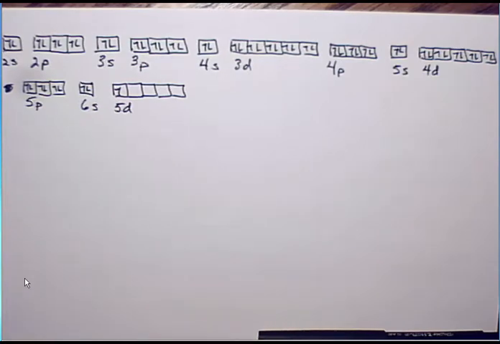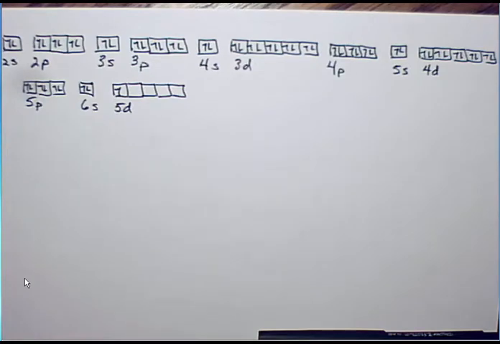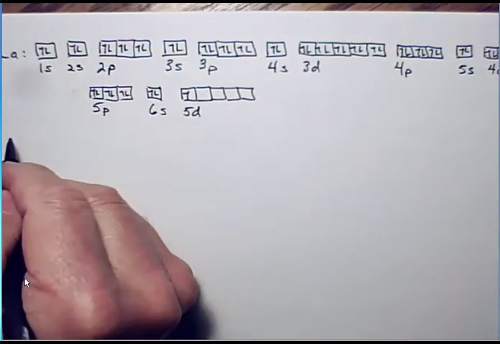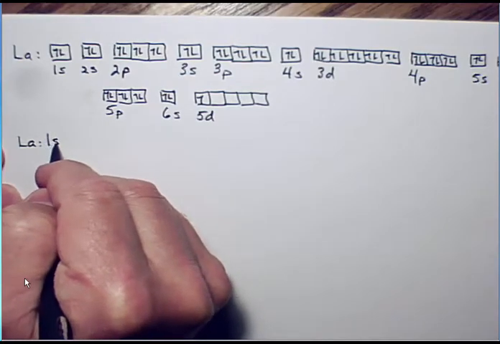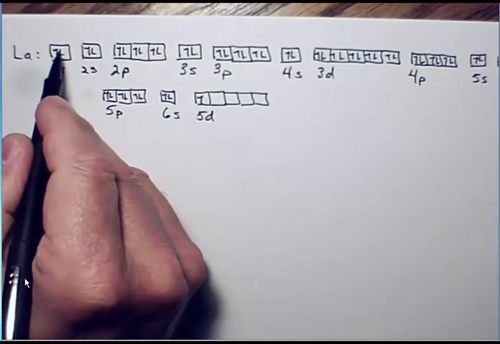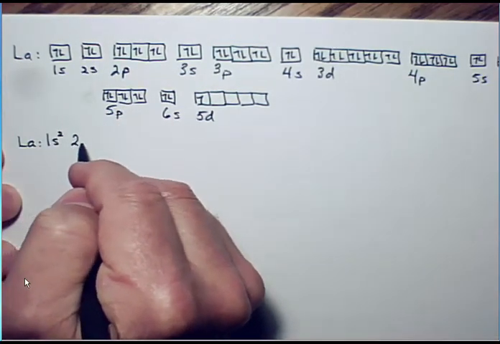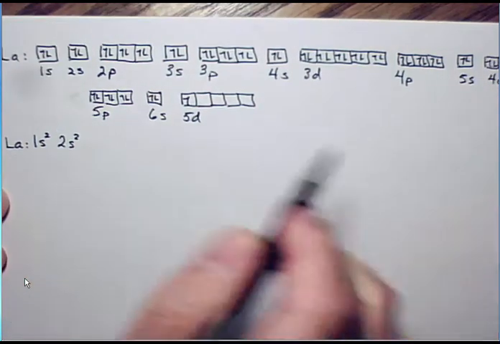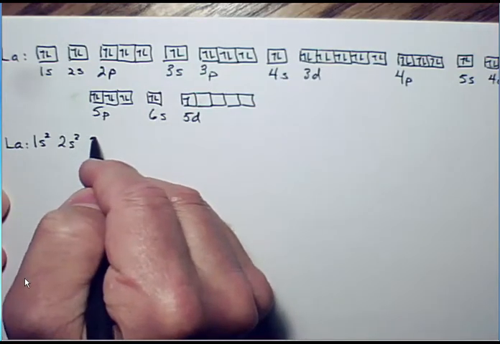All right, so that's the orbital notation. The electron configuration is very similar, except that we don't write the boxes with the arrows. All we do is count the electrons in a sublevel and make that number a superscript. So for lanthanum then, 1s becomes 1s, and 2 electrons is 1s superscript 2, and 2s is 2s superscript 2. 2p is superscript 2, 4, 6 electrons. 2p6,